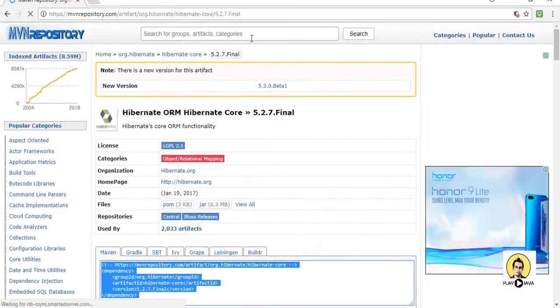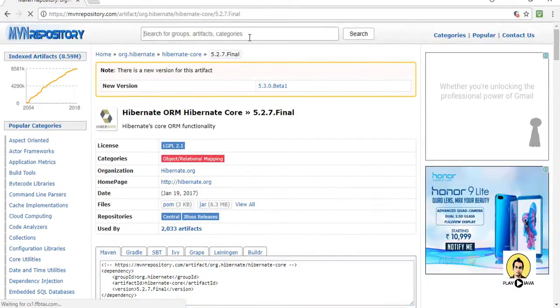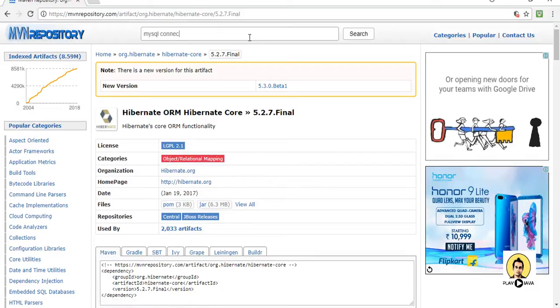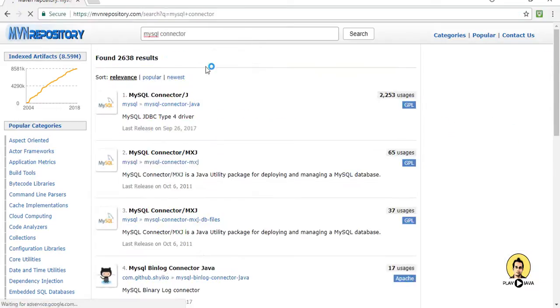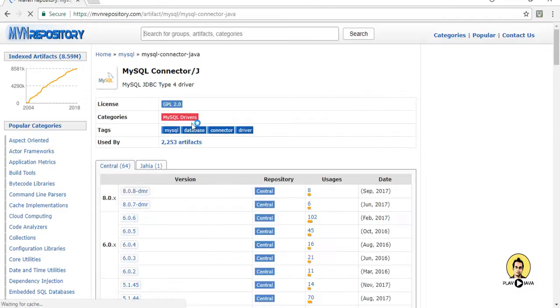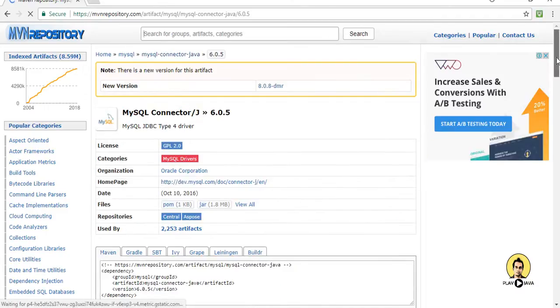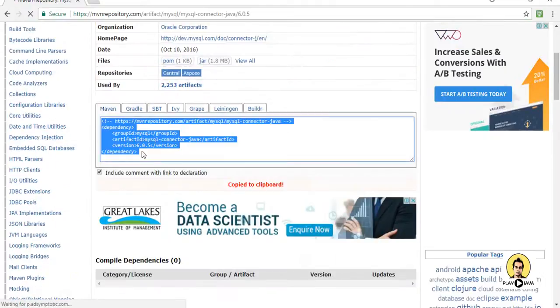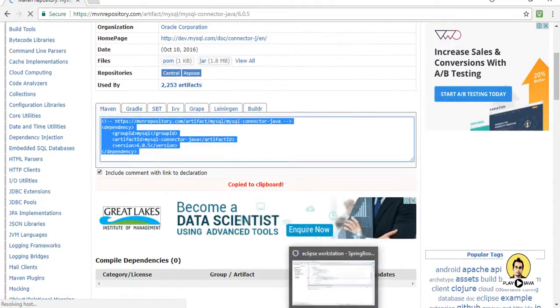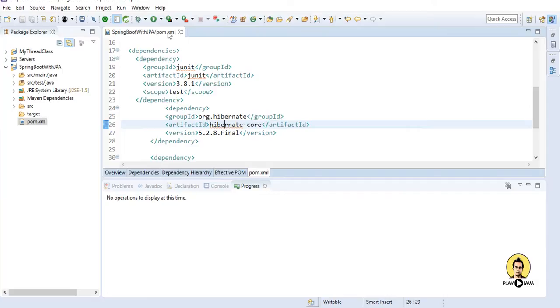And if you are using MySQL, you provide the MySQL connector, and you can get the MySQL connector also. Depending on the version, just select that version and select the dependency and provide it in the pom.xml file. So we have our Spring Boot application ready,